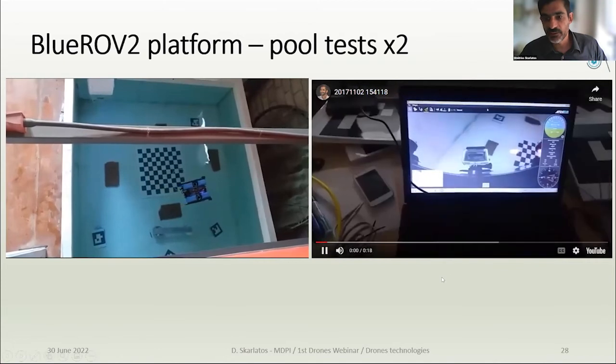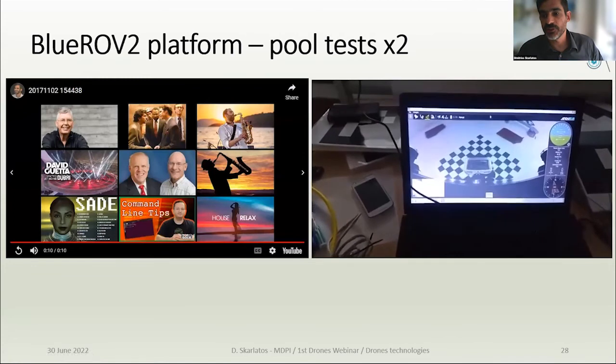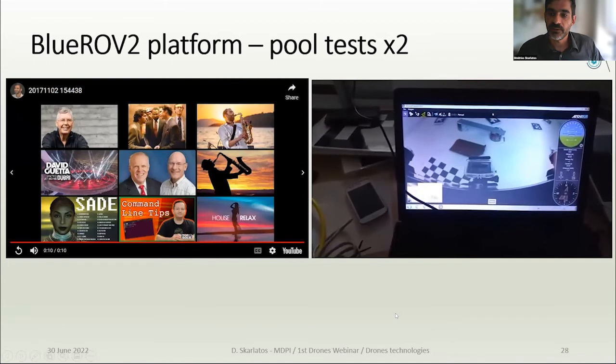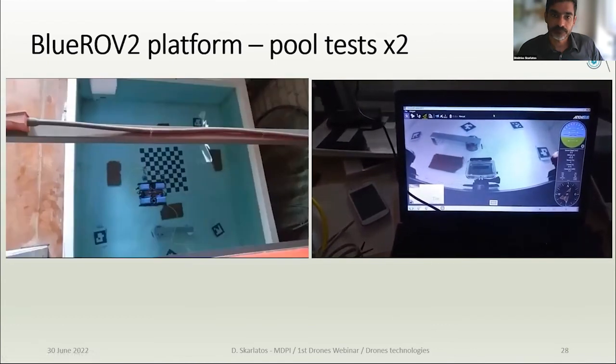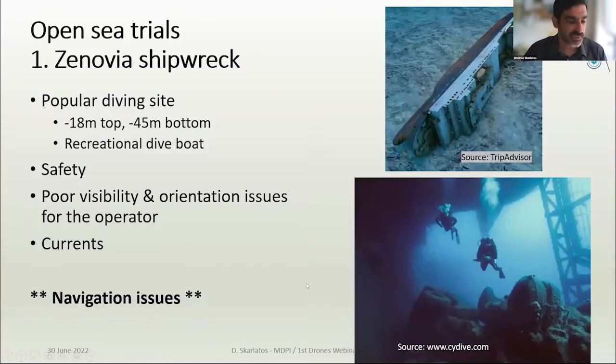And you can see here on the right-hand side the graphic user interface for the navigation, and you can see the added action camera on the bottom. The next phase, of course, was sea trials, either from a jetty here in Limassol or from a rocky beach nearby. And of course, the next trial was in the Genovia shipwreck, a modern shipwreck, where we found out that we had